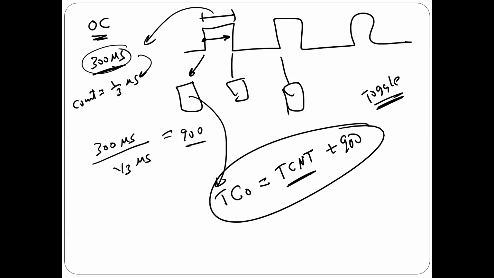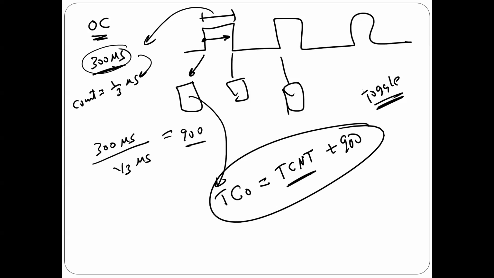What this means: when I say TC 0 is going to be TC in T, TC in T means the current count plus 900. It means after 900, toggle the pin and also trigger another interrupt. Okay, very interesting. So using only one statement, I can generate this signal, right? And then in the second interrupt, I'm gonna move TC 900 more, right? Toggle after 900, and then in this interrupt, I'm gonna add 900 more. So every interrupt, I'm gonna add 900. You count to 900, you toggle the pin, and then add 900. You count, toggle the pin, and so on. Okay, any question, guys?